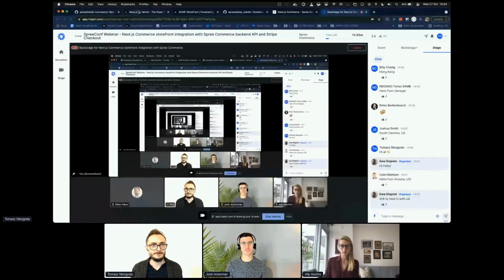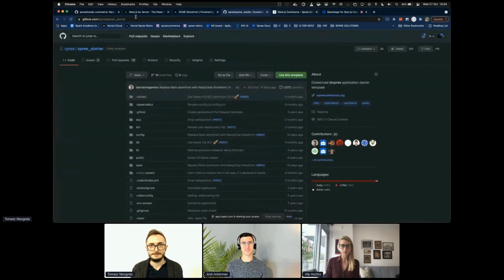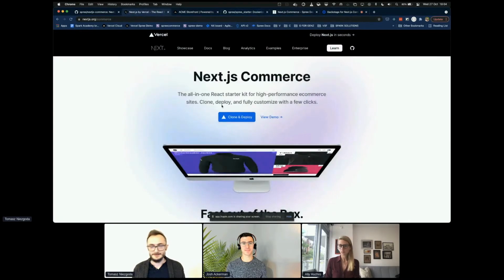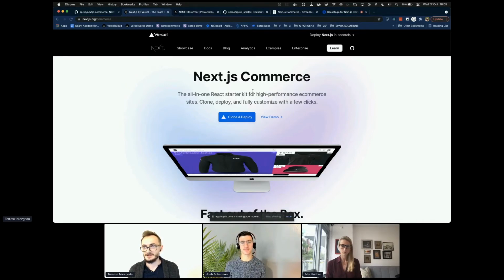All right, so going to share my screen now, and let's get going. So I'll give you a quick introduction into what Next.js Commerce is. And we'll set it up so you can see how it looks from the developer's perspective. And we will confirm that it really is easy to set up, and it only takes a few minutes,